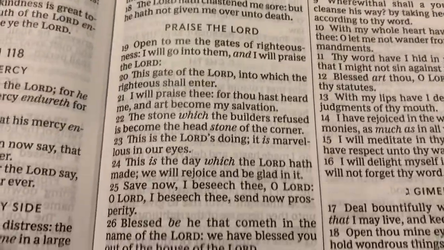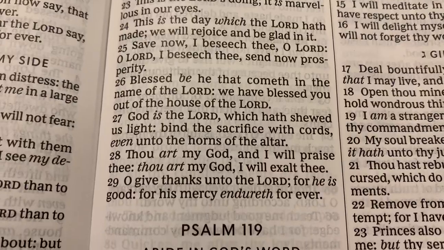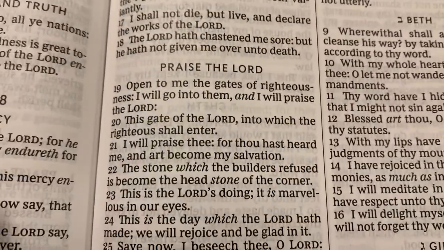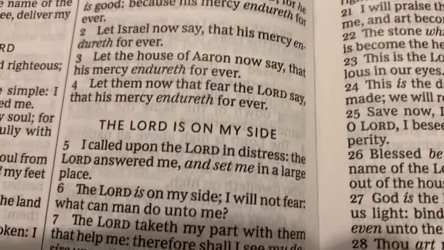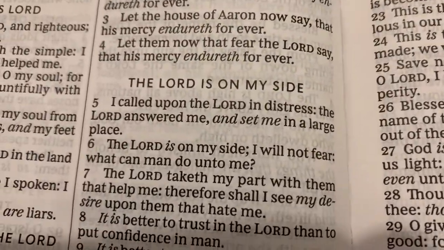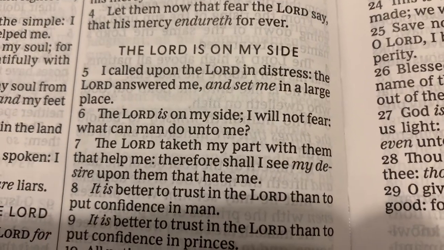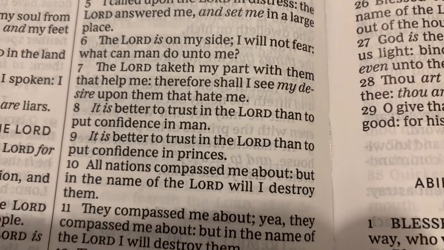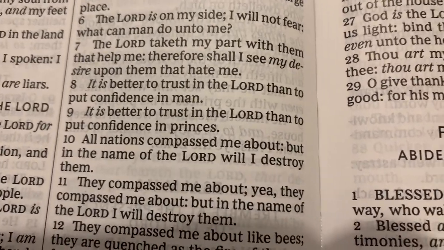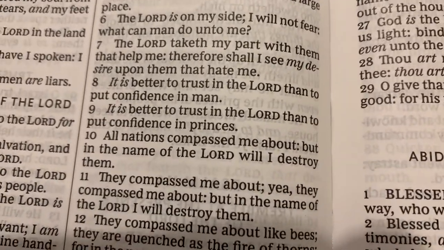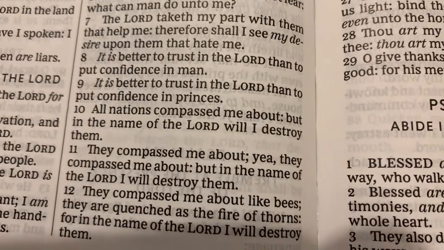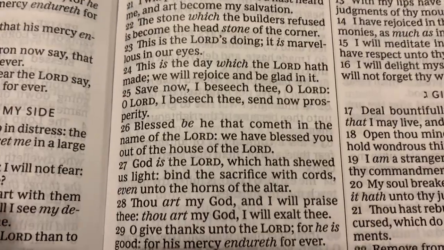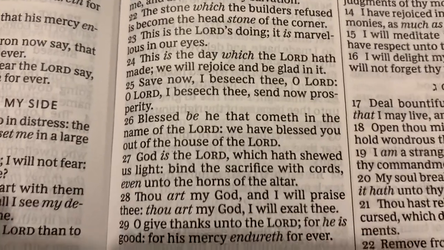It talks about God's mercy endures forever. That is basically the whole message of Psalm 118. It's basically all over the place here. Better to trust in the Lord than have confidence in princes. Like God said, do not touch or do not eat from the tree of the knowledge of good and evil. If you read Psalm 118, it is crazy how much that ties in with the creation of man.